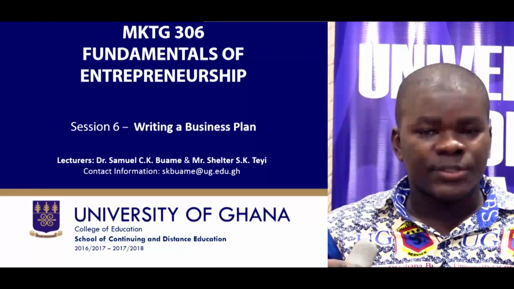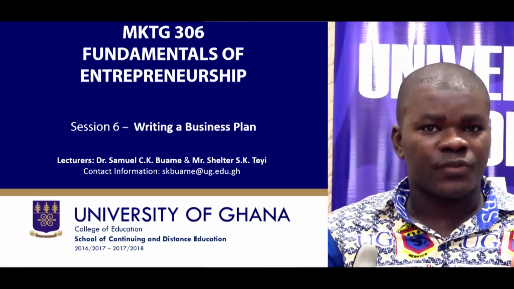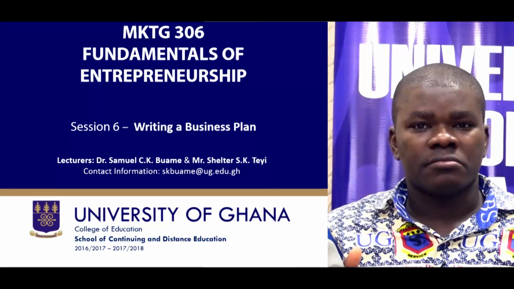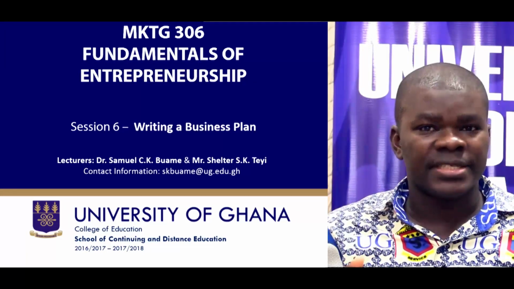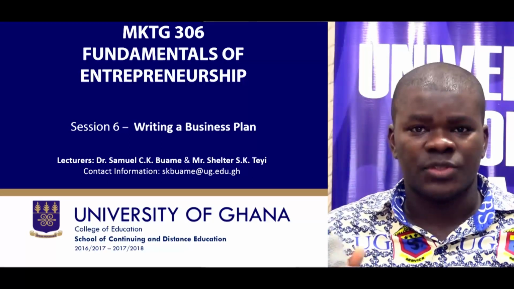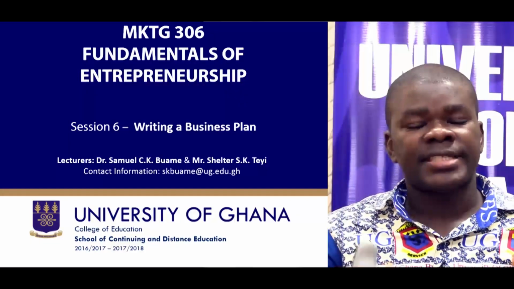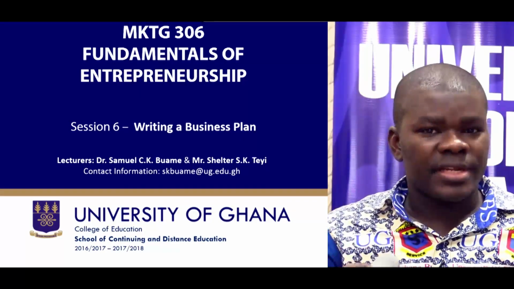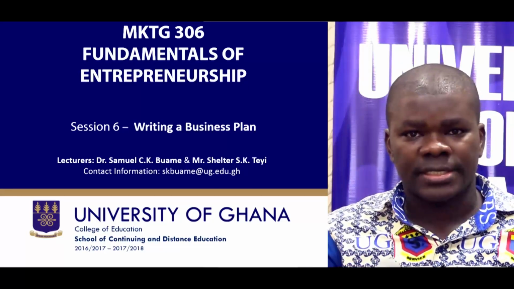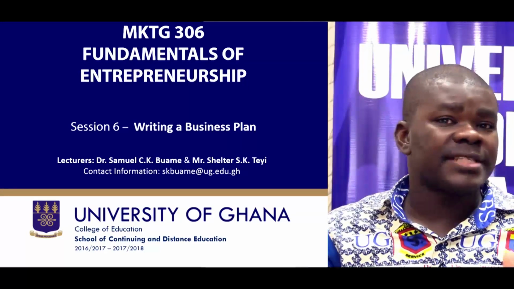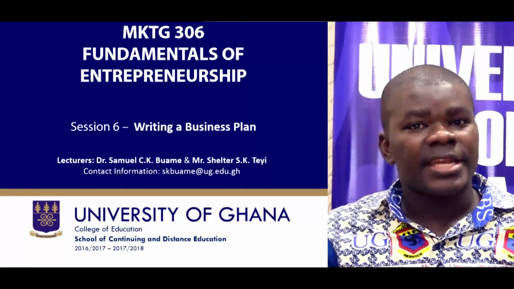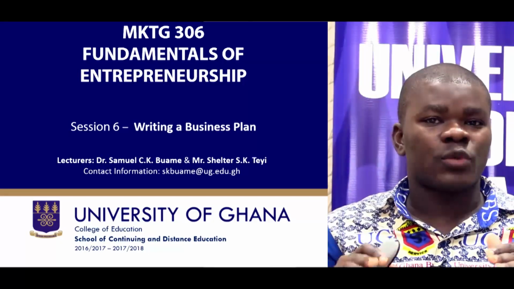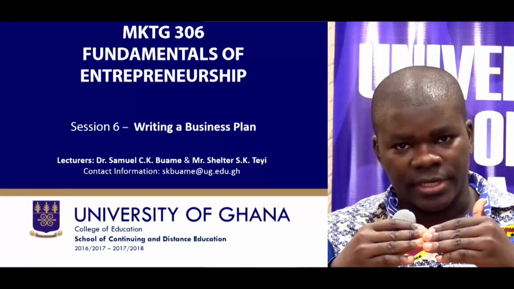A company like Amazon and a company like Apple that was founded by Steve Jobs. These two companies are probably some of the top 20 best companies in the world and valuable brands in the world as we speak today. These two companies started by writing a business plan. So a business plan is absolutely important for everybody to understand. However, there are several companies that did not start by writing a business plan. Nowadays, companies are starting just with a business model canvas. But it's important for us to understand how these two work together.